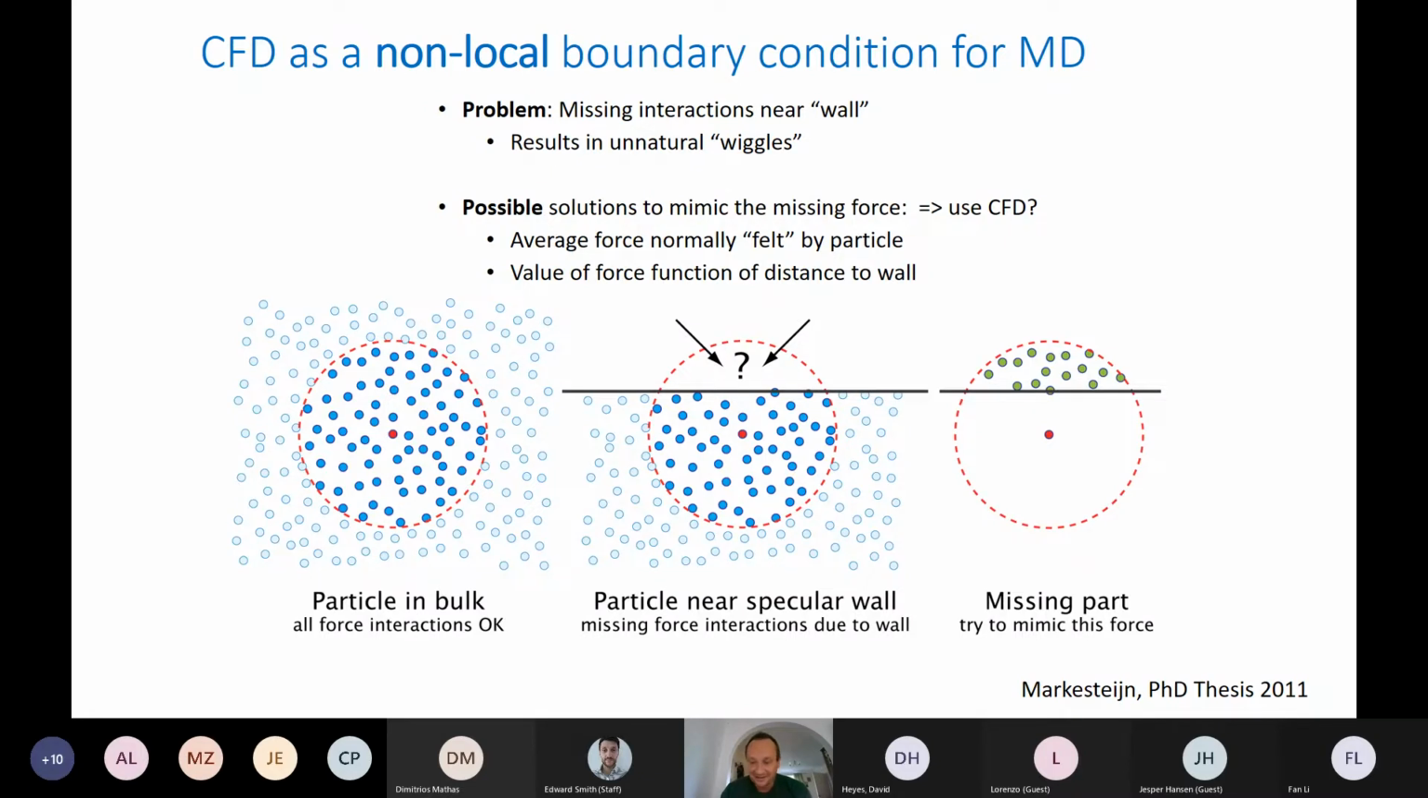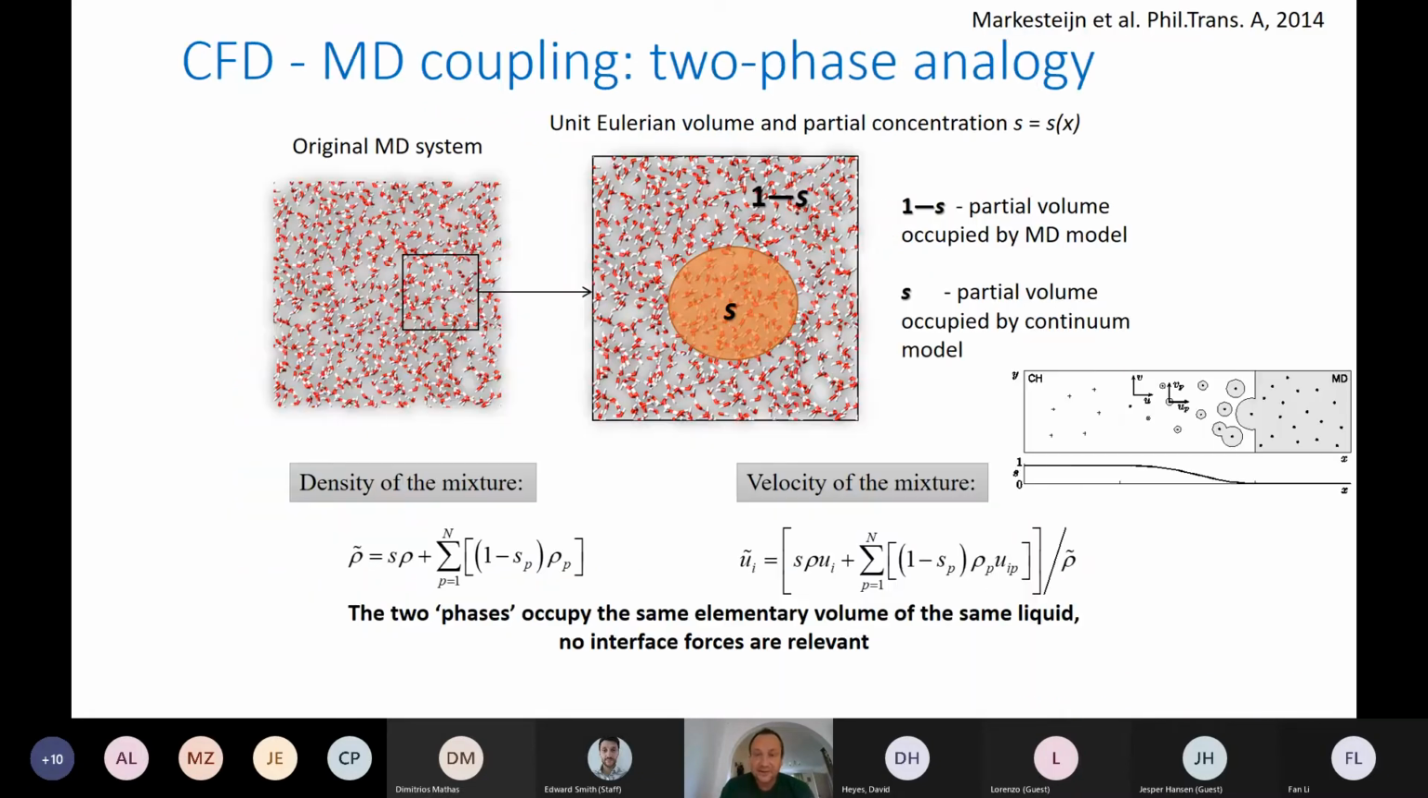This is where the question mark is put here. Now, the way we tackle this problem, actually, we've come up with the method called two-phase flow analogy. And the way it works is that you can think of a homogeneous liquid, which actually can have some heterogeneities at atomistic scale, as of a bulk, as